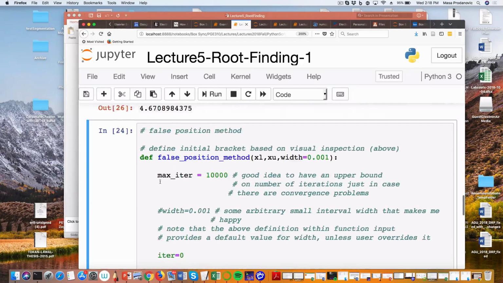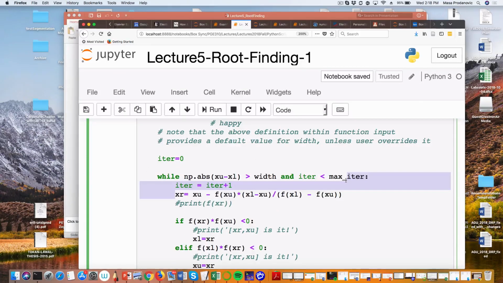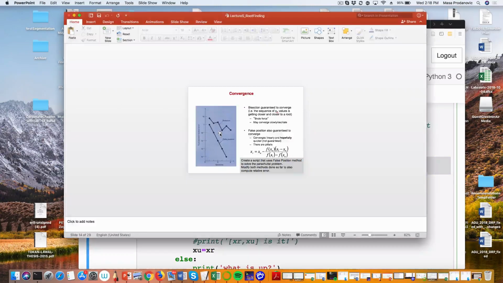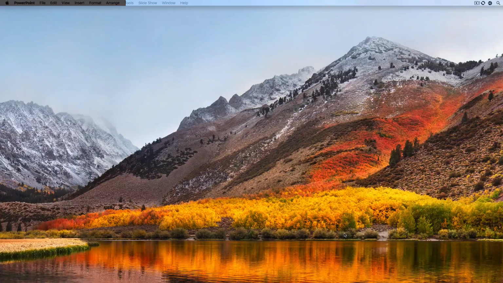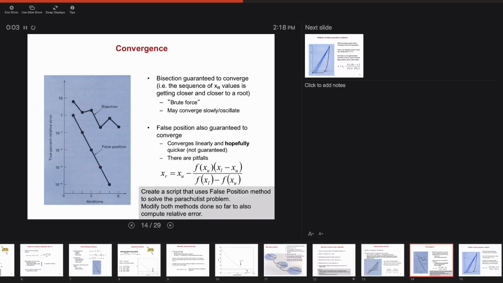Same as running it with 4 and 6. Now with false position method, what is really changed is just one line, and that is how I am picking my midpoint, what used to be a midpoint. Now it's just going to be computed differently, and that difference comes from this formula. So if somebody gives you a formula, even if you don't understand what the method does, you can easily modify to get this. Okay? So what we now replaced, instead of a midpoint, we take xr as xu minus f of xu times xl minus xu over f of xl minus f of xu. And when I execute that,